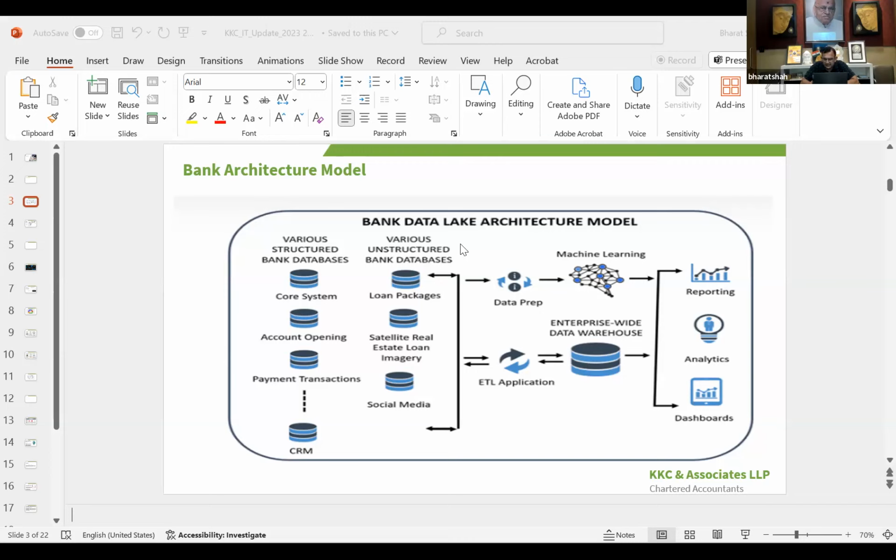So this is a similar architecture, not only for banks but for manufacturing companies as well, where the manufacturing companies will not have so many systems, but will have different data sources, like SAP or Oracle ERP, based on the different functions like sales and purchase, integrated and sent to your finance function.